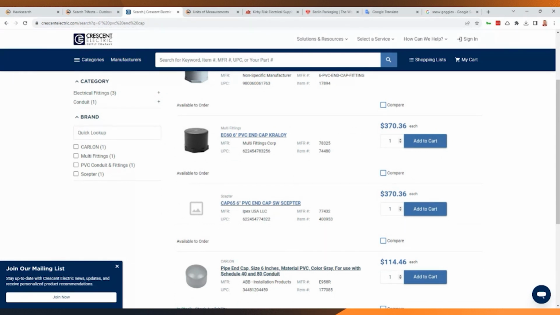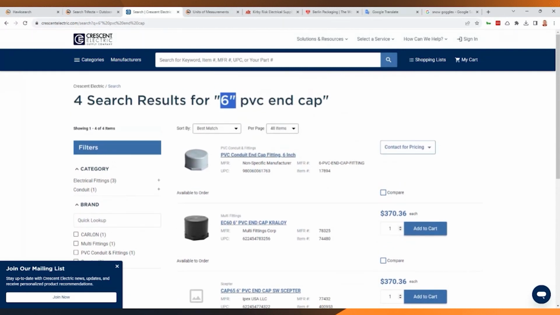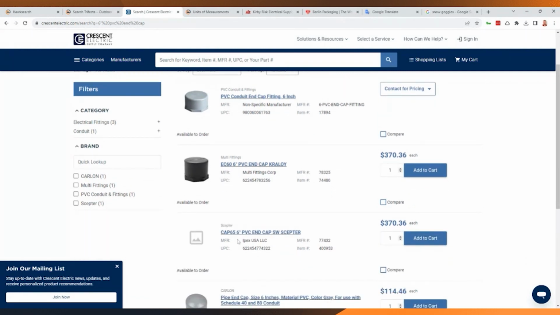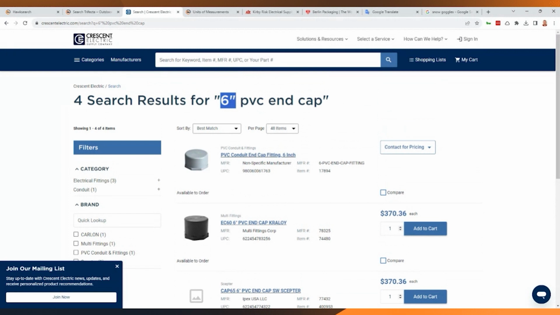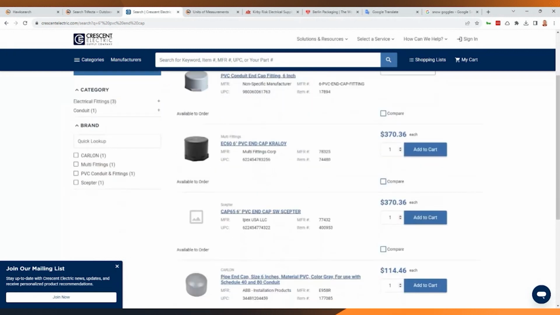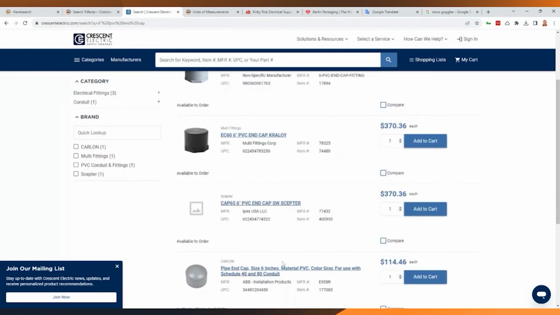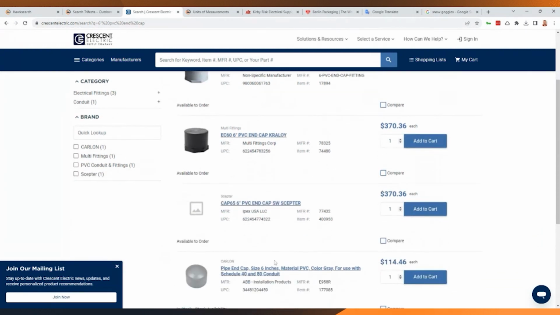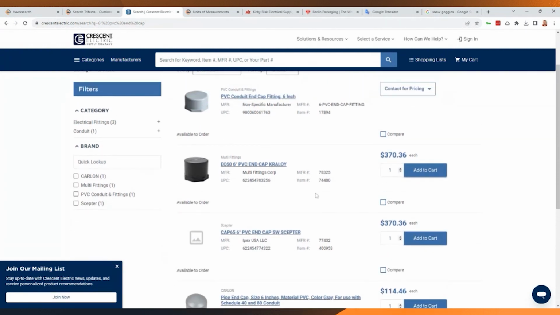And in the past, this meant that the search would really only find the ones that matched exactly. In this use case here, I've done a search for 6 double quotation. Well, in the past, we probably would have only found 2 of these results because those were the exact matches. The double quotation wouldn't have found INCH, it wouldn't have found INCHES. But because of this unit of measurement conversion functionality that we have within HawkSearch, we're able to understand the pattern there, the relationship between these values to say, oh, well, we know that 6 double quotation can also mean INCH. It can also mean INCHES. And it can even be values that don't exist in the data.